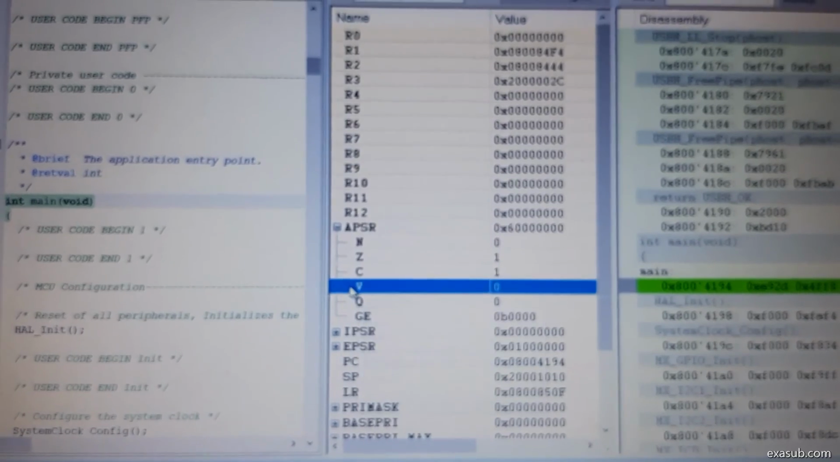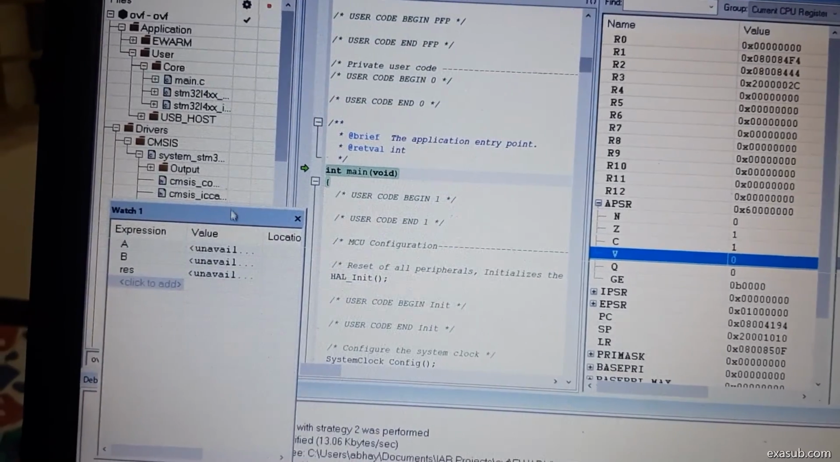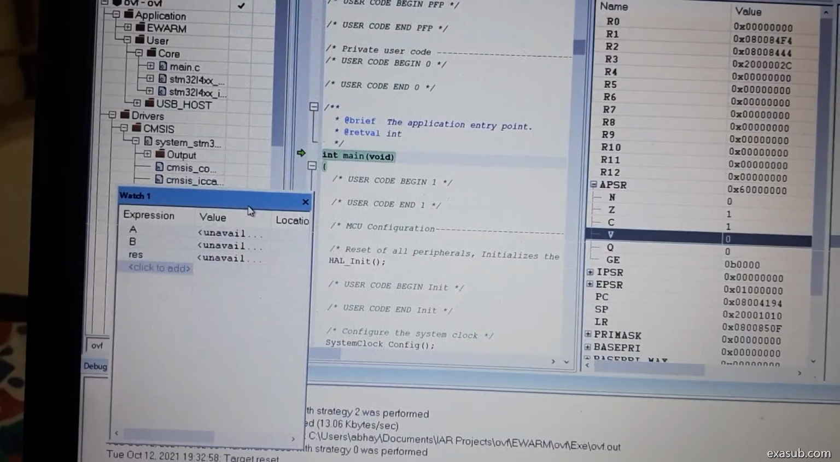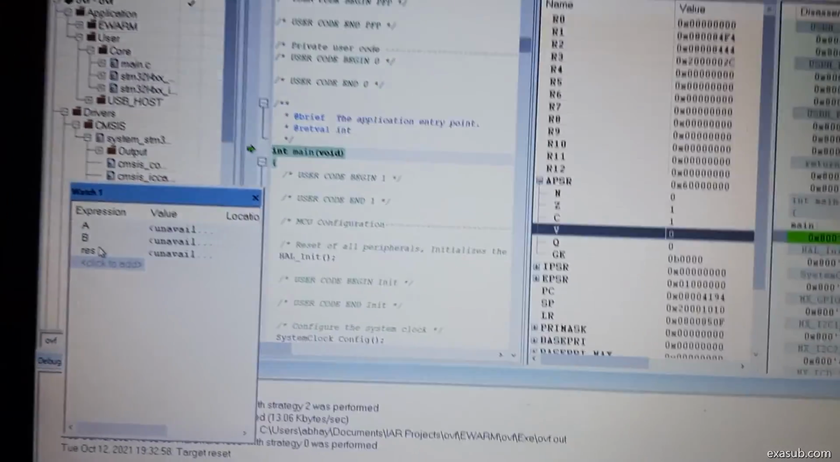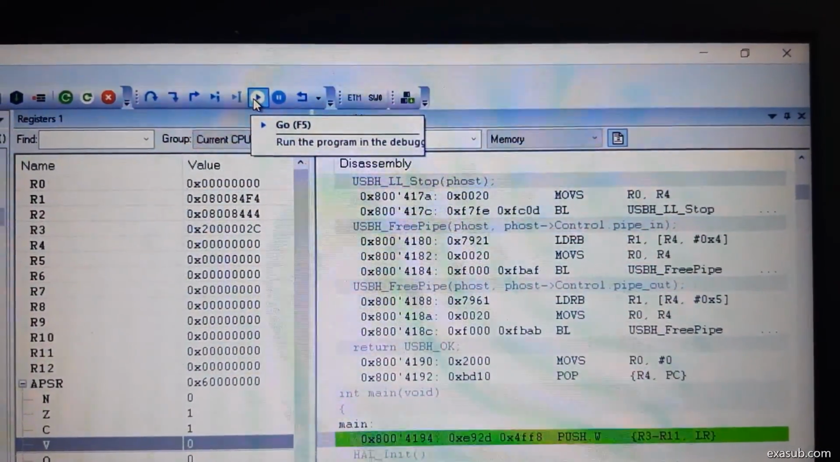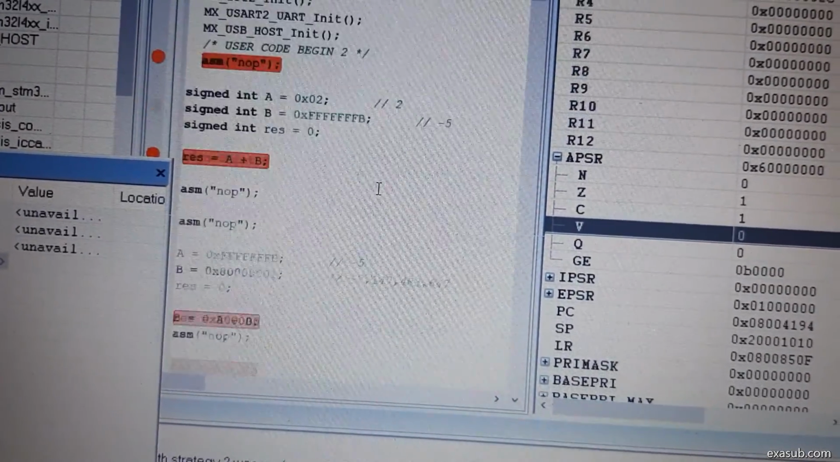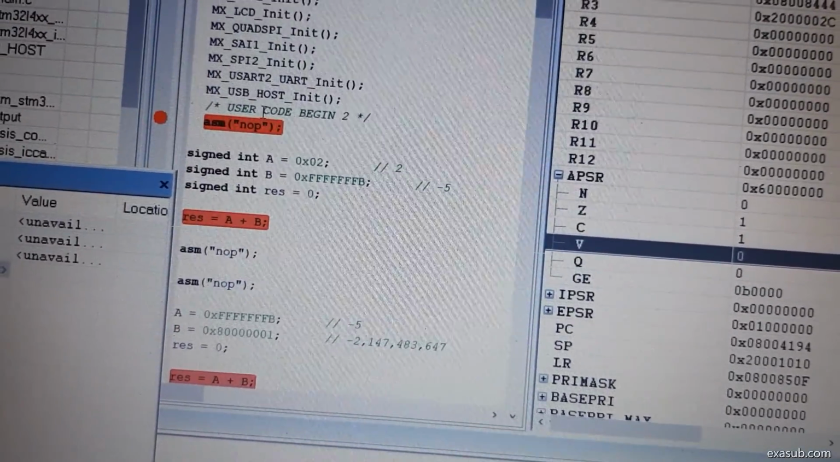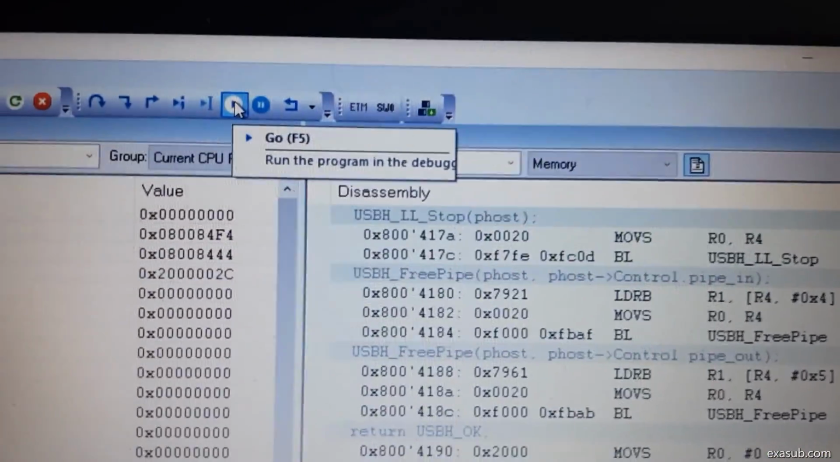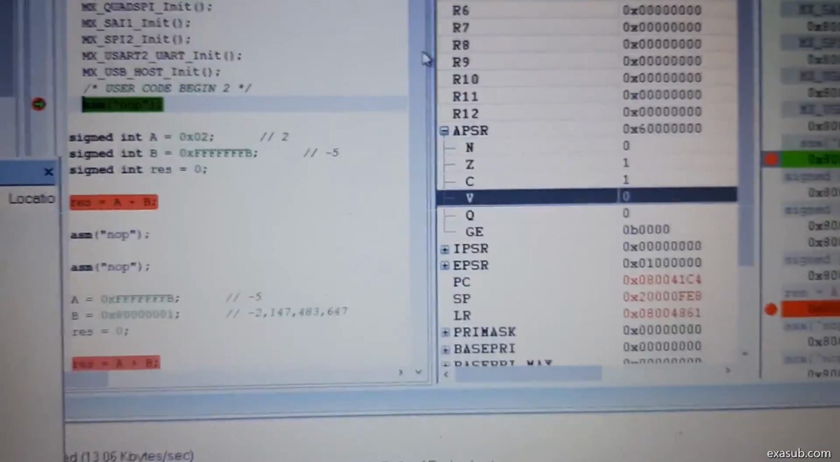So we are interested in this V bit. Okay, so now I have also added this watch window with the three expressions A, B, and result. So now we need to click on this. Okay, so first we need to go down, and yes, we have added our breakpoint. So now we need to click on this go button, and it will stop at this